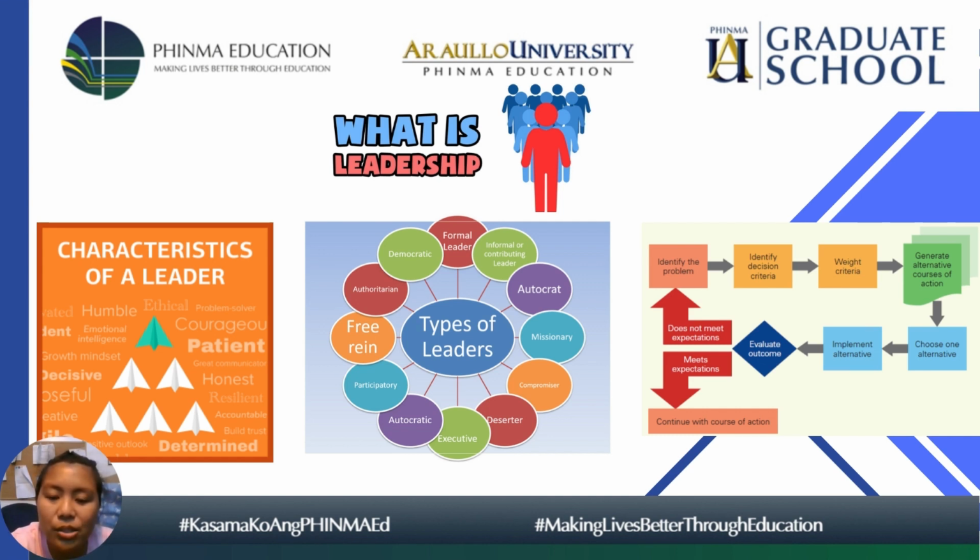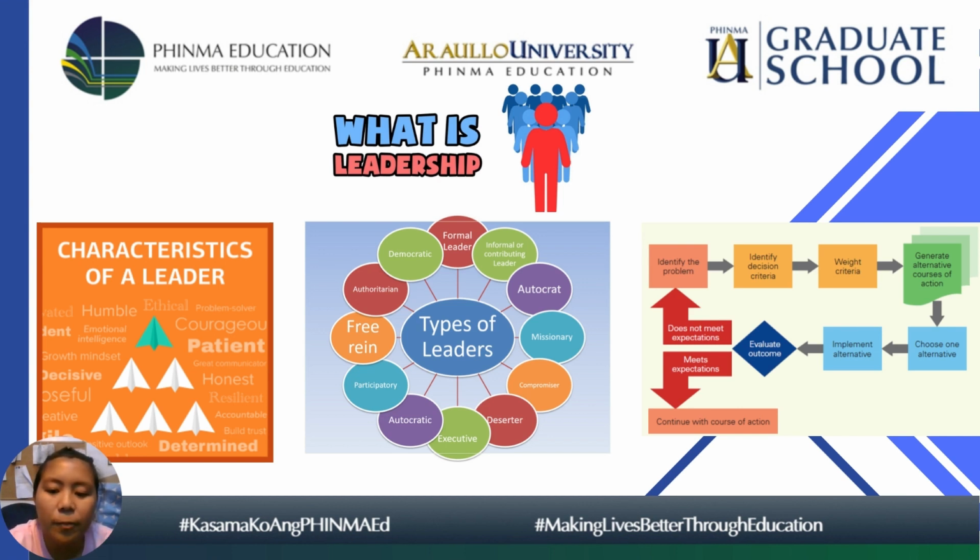Okay, we're down to the last two types of leaders according to democratic practices. We have the authoritarian and democratic. When we say authoritarian po, decision making is in the hands of one man only. So si leader lang ang lahat ng decision sa group, nakadepende lahat yan kay leader. Okay? Next, we also have here democratic. Decision making is in the hands of the group. The group itself is self-governing. Hindi nila kailangan ng one-man leader sa group nila. They can decide on their own.